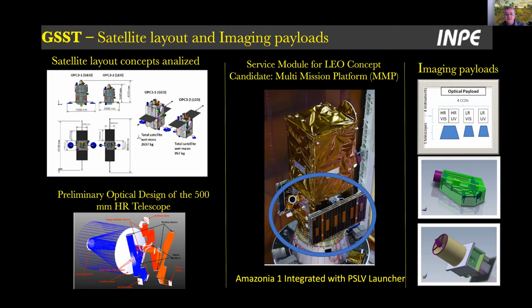So based on the success of the deployment of the Amazonia 1 satellite, Earth remote sensing satellite, we decided to evaluate the feasibility to employ this service model from this mission, which is a multi-mission platform, as a solution for our space platform. So we are working in this right now, and in the next step, as we conclude this phase, to show that it's feasible to employ this platform to solar observations, we can move on and proceed as